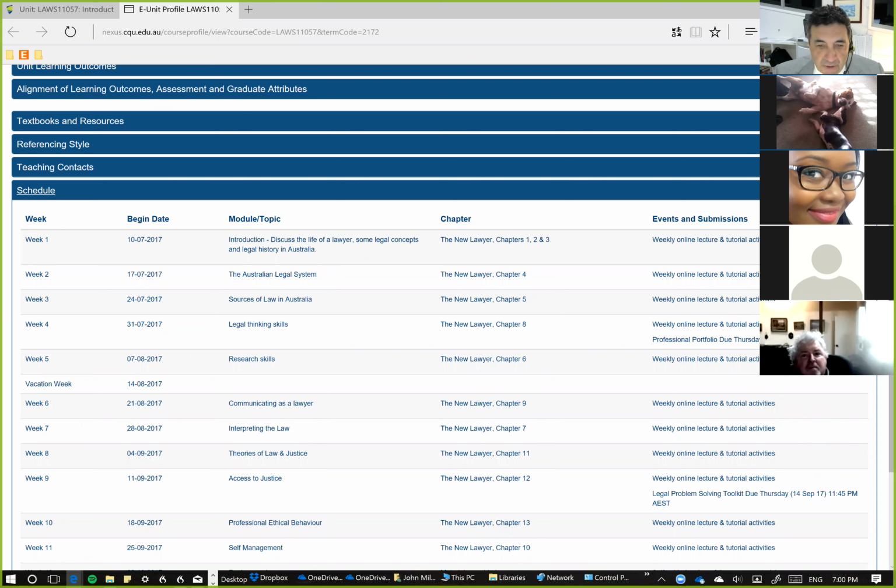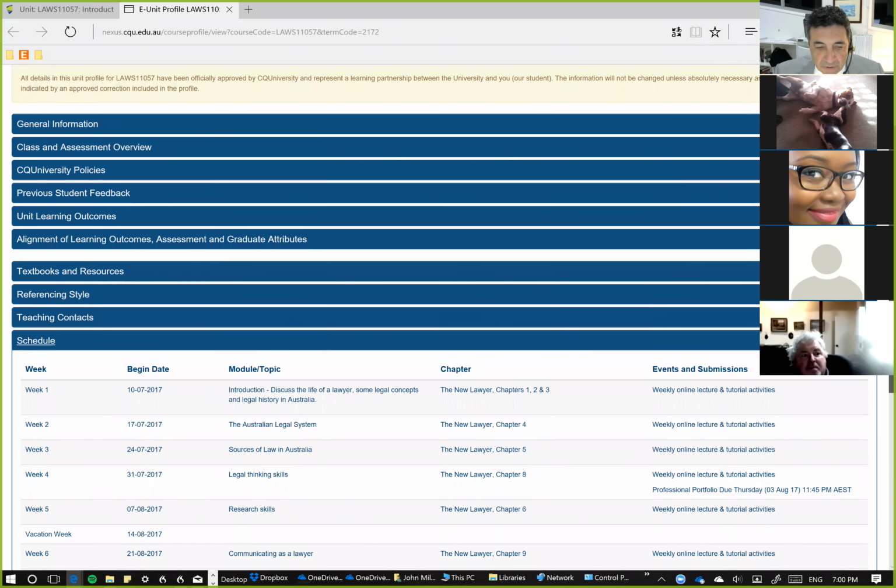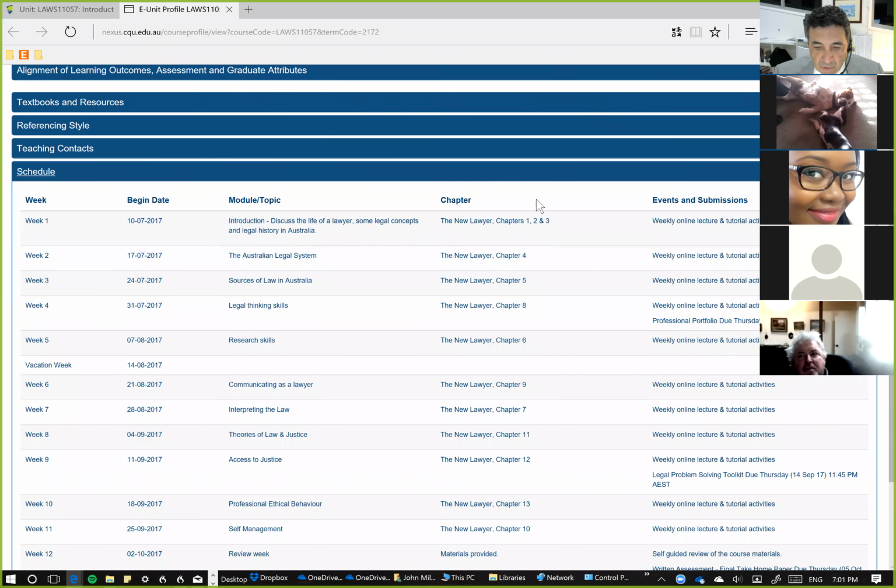So for those of you that haven't found the top left-hand corner of Moodle, you'll see that in that area we have information, assessment overview, other information including textbooks, referencing style, and then the weekly schedule. I usually cut and paste that onto the front page of Moodle, but it's right there anyway, so I'm sure you'll be able to follow what it is that you're required to do, when, and keep up with the reading.